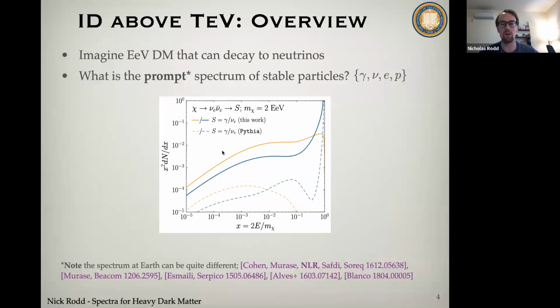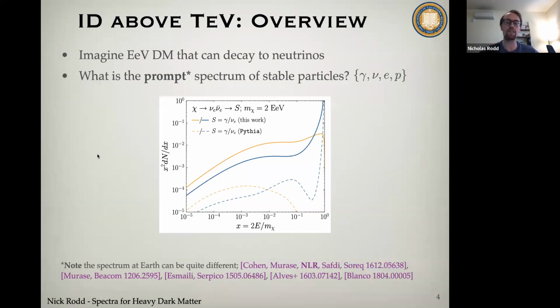The y-axis here is logarithmic. We're predicting orders of magnitude more flux than what is coming out of Pythia. Now, I'll explain why these details are coming about later on and why I think our results are more accurate. But just to let you know, currently when IceCube is searching for dark matter from neutrinos, they're using the dashed spectrum. And so the IceCube collaboration is already actually moving to use our results, but you can already see that there are significant improvements to be made here in these calculations, and that's what we're interested in doing.